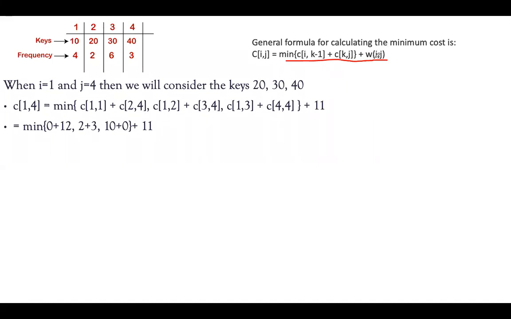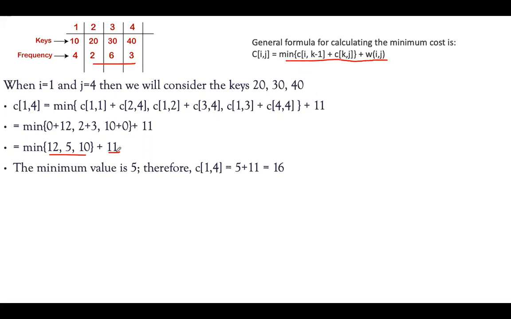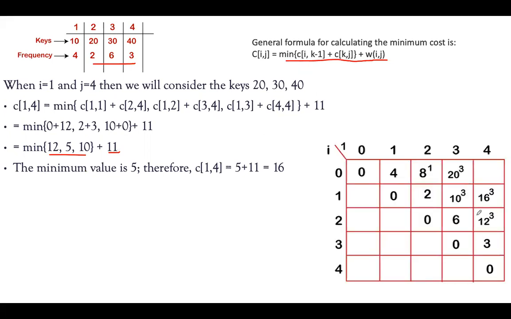okay, the formula is W of i, j, meaning these 2 values. What are the frequencies? Addition of those 3 frequencies. Okay, that is 11, plus the minimum of these 2, minimum of these 2, and minimum of 40 and 20. So that combination it will compare. Minimum of those 3 values plus their frequency. Here the minimum is 5 plus 11, which will be equal to 16. So that is nothing but 16 to the power of 3 at this location.